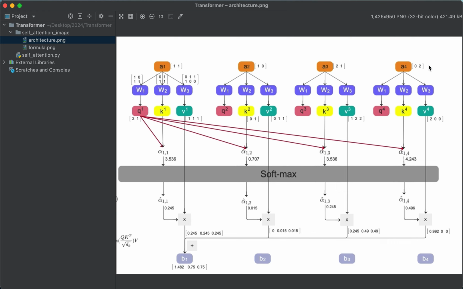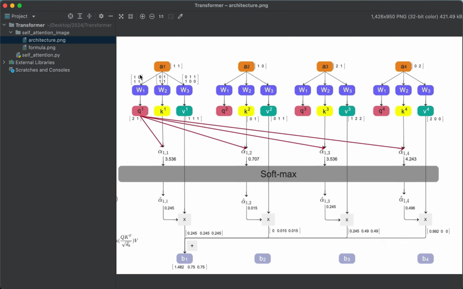At first, we have 4 embeddings. What is an embedding? For example, if we have 4 words, "I like reading books", you convert each word into an embedding. I'm not going to explain how to convert it. Now we have 4 embeddings, namely 4 vectors. Each vector represents a word. Just to easily demonstrate it, I'm going to say the length of the vector is 2,